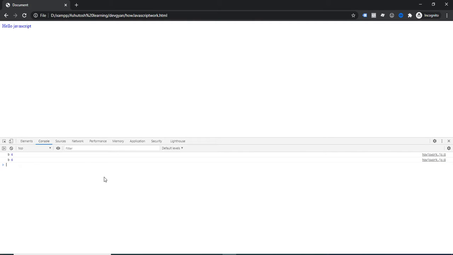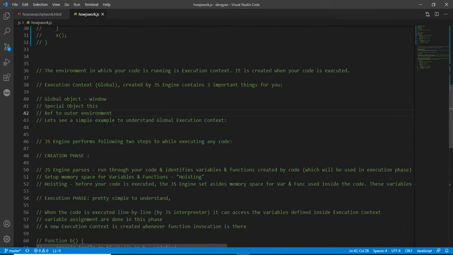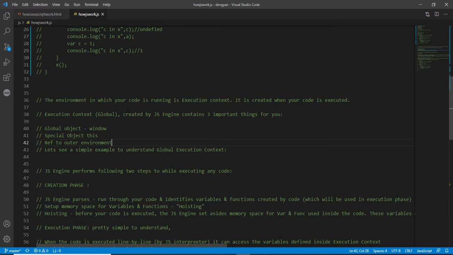To understand these things, we will discuss some terms which are very important and very popular nowadays. The first thing is: what is the execution context? I hope you might have heard about this term.